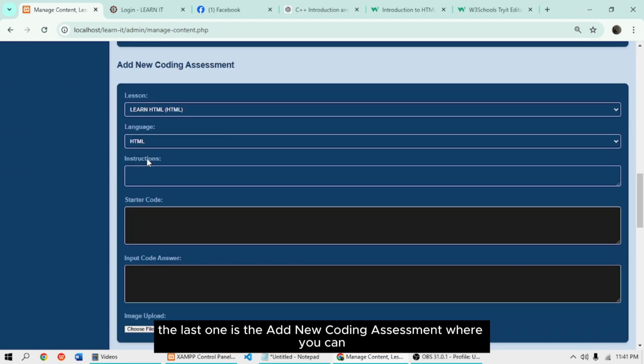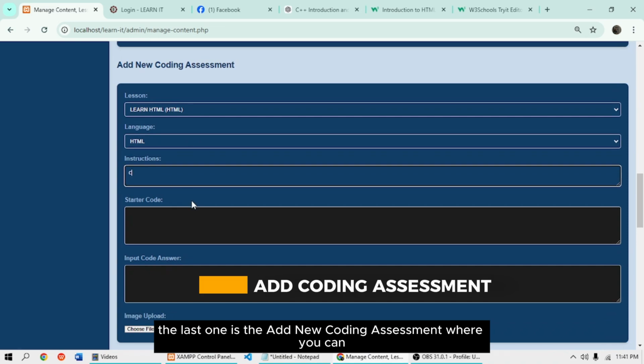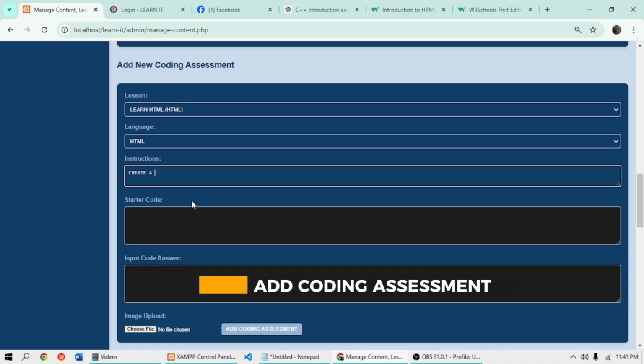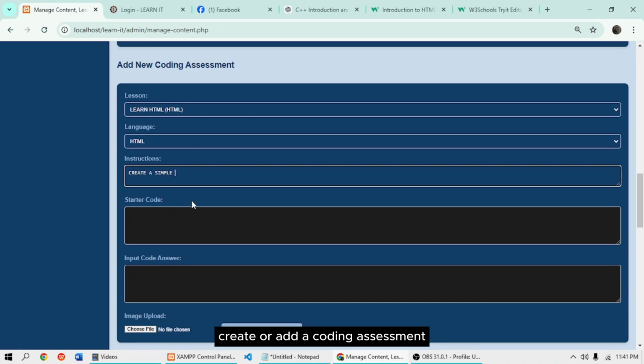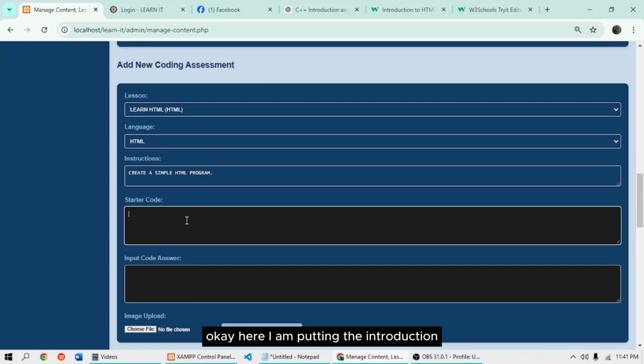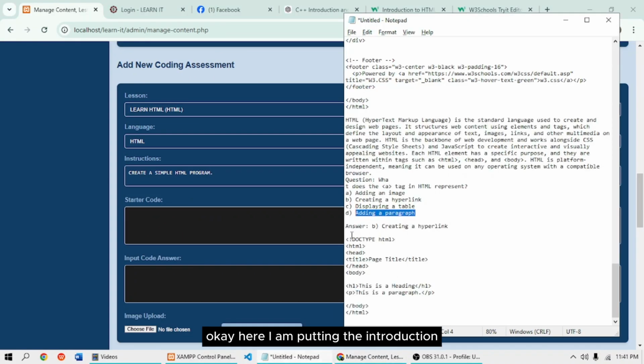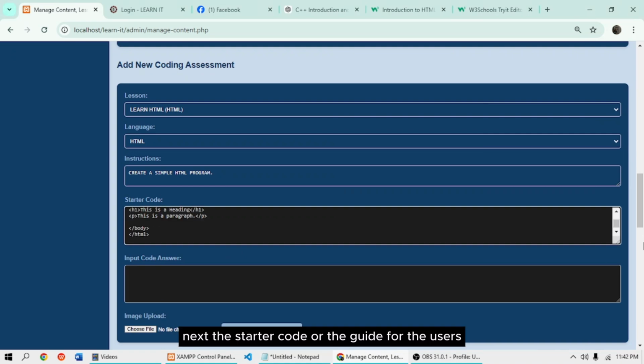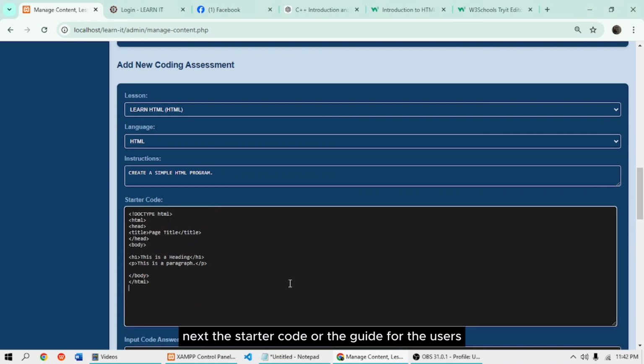The last one is the add new coding assessment where you can create or add a coding assessment. Okay, here I'm inputting the introduction. Next, the starter code or the guide for the users.